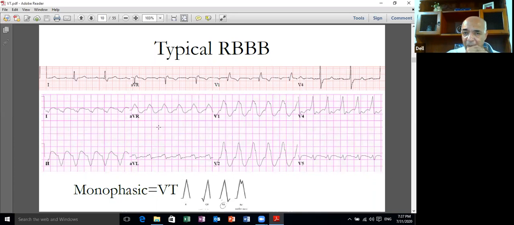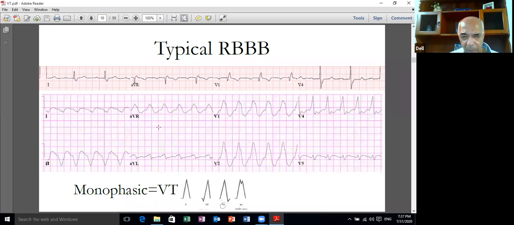Now, what is the typical right bundle branch block? It's an RSR' in V1, as you see in the upper panel. But if you look into the lower electrocardiogram V1, it's totally abnormal. If you look at the monophasic pattern here in this panel, any single R wave or a QR or an RS or an RSR' with the left rabbit ear